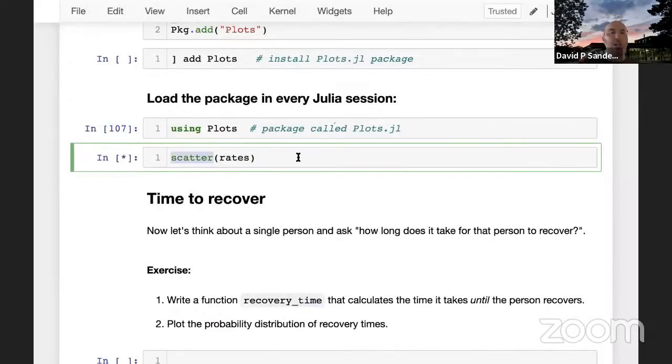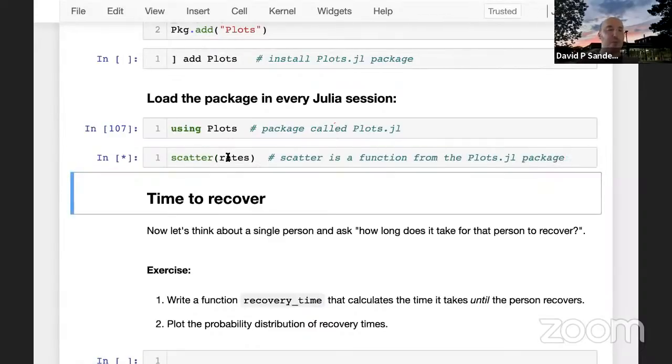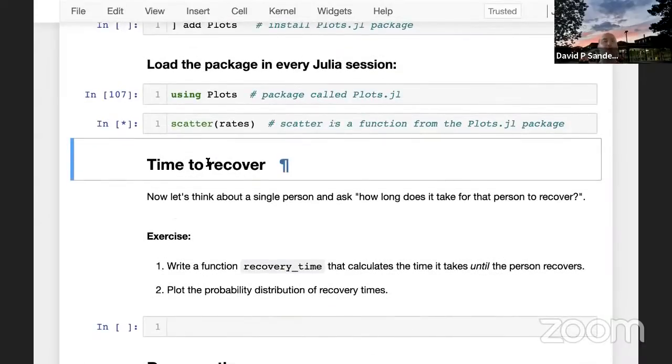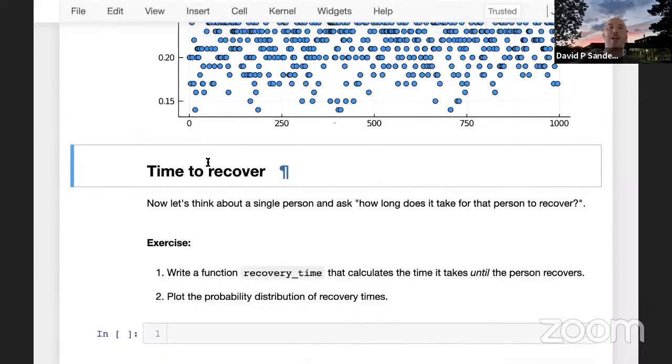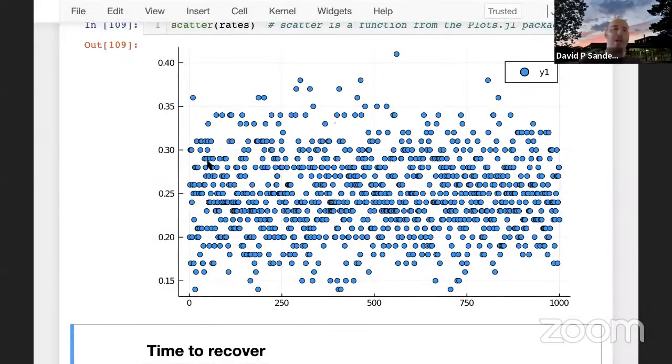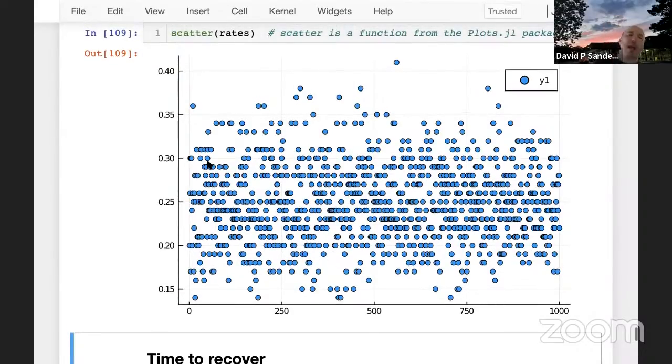So scatter is a function from the Plots.jl package. It takes a few seconds. The first time that you run a plot, it has to compile some of the code in the package. The reason that Julia can be fast is because it usually compiles functions to machine code, and that takes a while. So it's slightly annoying. People are working on improving the performance and improving how fast loading packages takes. There has been already a lot of improvement. Okay, so